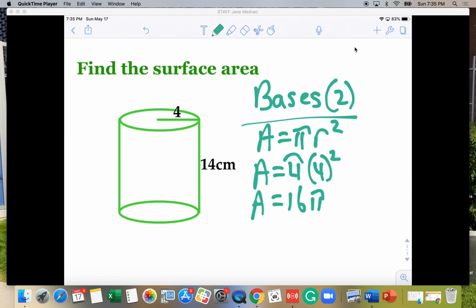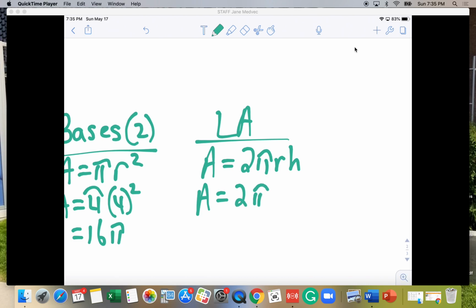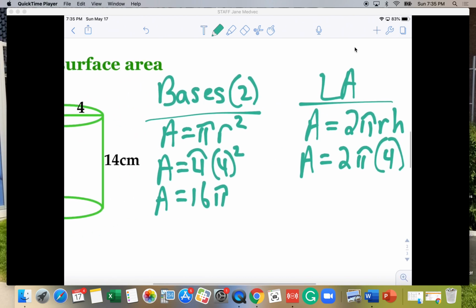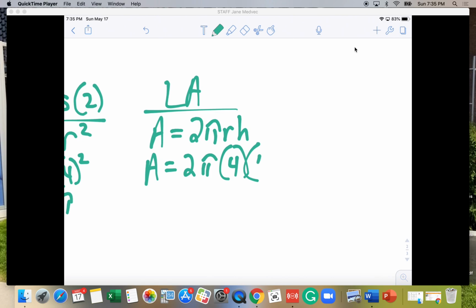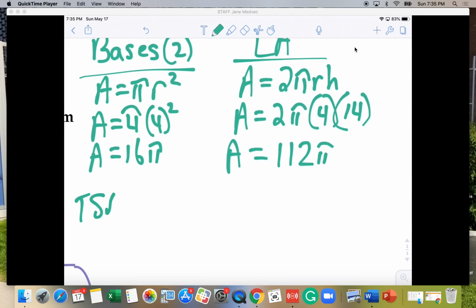Okay, now the middle or the lateral area, again, the area is the circumference, which is 2 pi r, times the h. Area is 2 pi, the radius is 4, and the height you'll see is 14, which is what they gave you. And so the area equals, go ahead and take 2 times 4 times 14, and you end up with 112 pi. And so the total surface area of this figure is 2 of the bases